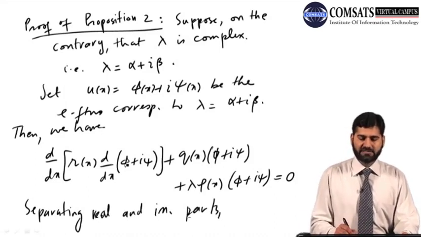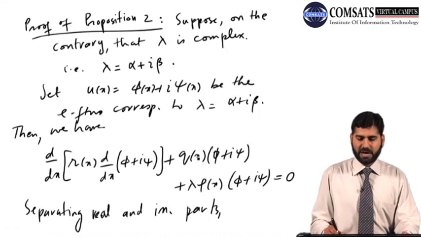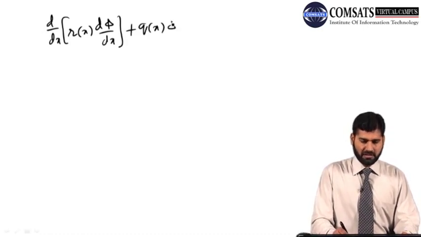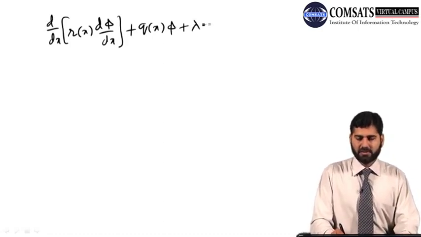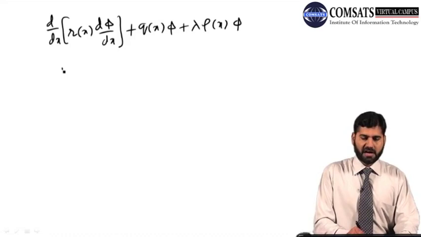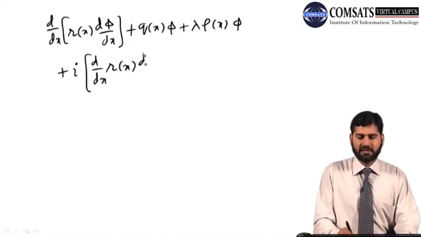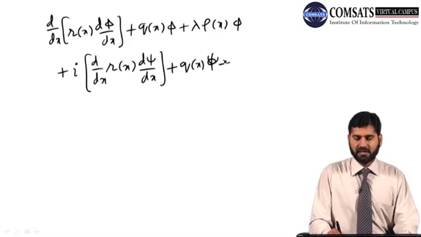We obtain, if I take just phi, then this will be d by dx of R(x) d phi by dx plus q(x) phi and lambda phi, plus lambda rho(x) phi. And then with iota you will have d by dx of R(x) d psi by dx plus q(x) psi, and